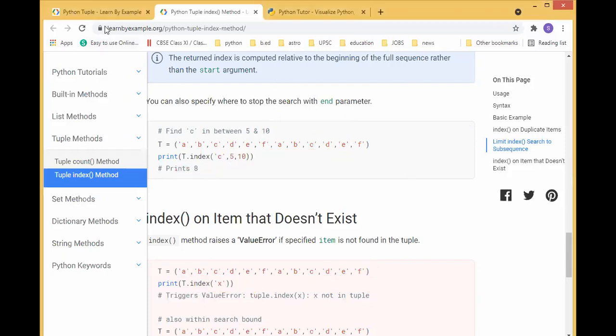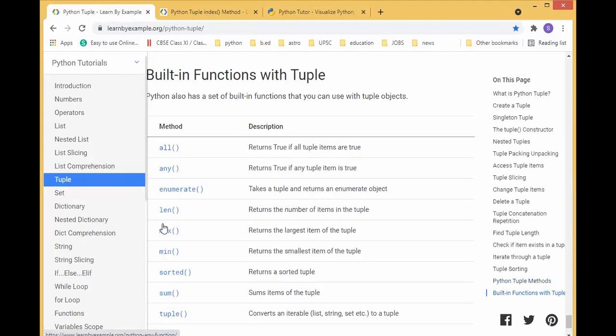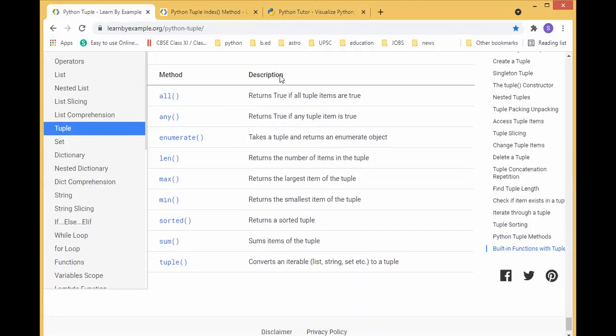So everyone understand these concepts. These are very, very important. And also we have a lot of functions, which we already know. The length function everyone knows. The max function returns the maximum value of the tuple, provided all the values are numbers or strings. The min function returns the smallest value present in the tuple. The sorted function we already saw. The sum function also works only for numbers and returns the total of the entire tuple. Then the tuple function is used to convert any data type to a tuple.